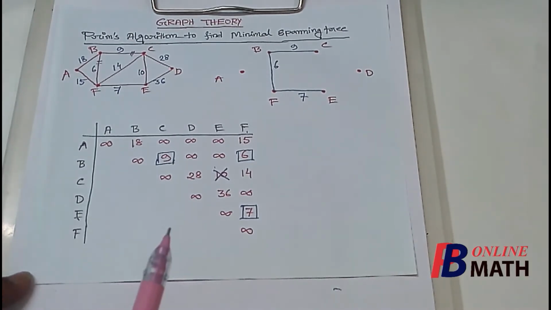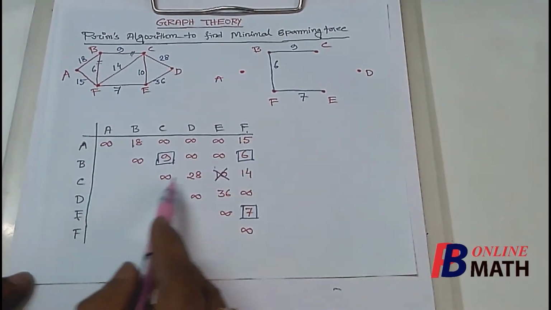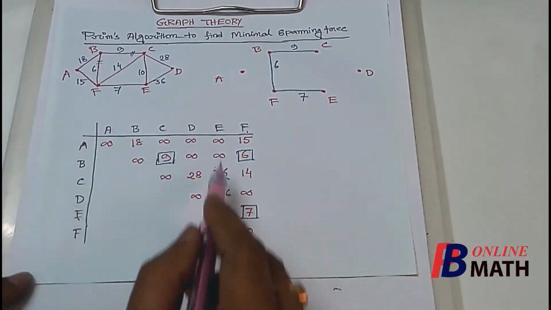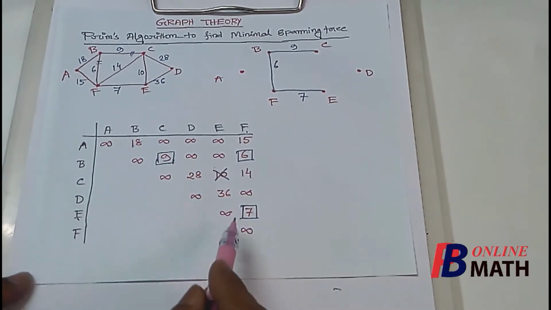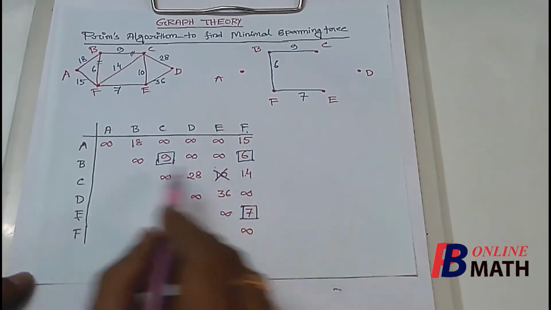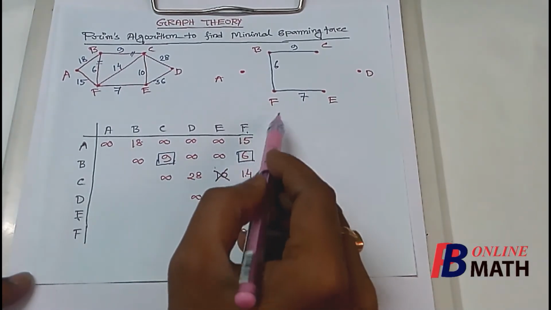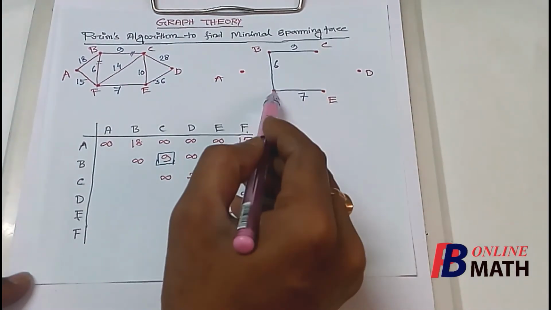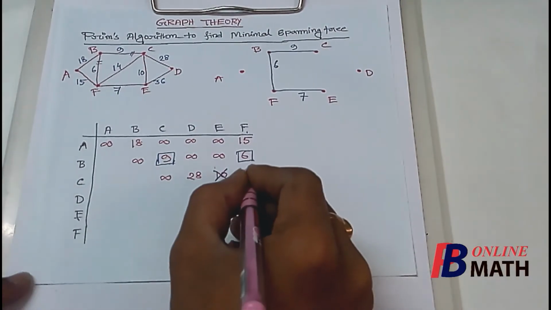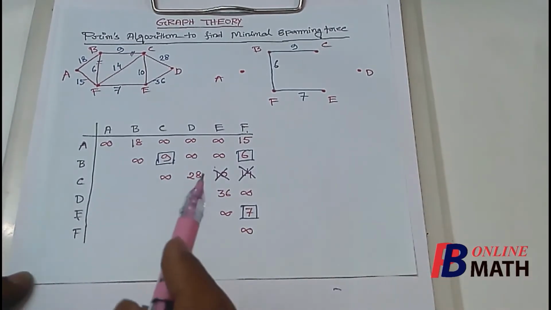So we have to again find the next minimum element from these 4 rows B, C, E and F and also from these 4 columns. Now we find that the next minimum element is 14 and this is between C and F. Again from this tree we find that if we connect C and F, then it will form a circuit. So by the same logic we again can't select this element. Therefore we repeat the process.